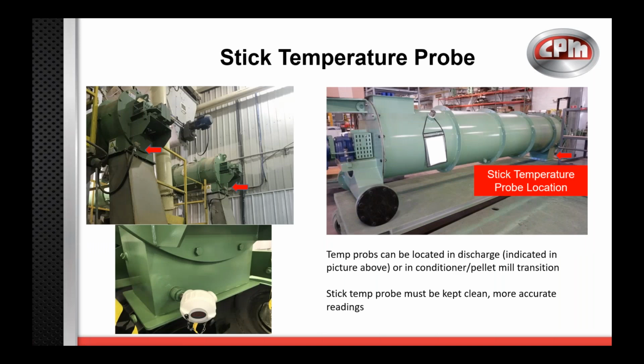The second temperature monitoring method is with the stick probe. We like to say that these are a good secondary confirmation temp reading, because they're located in the end of the conditioner or in the discharge, sometimes maybe even in the transition between the pellet mill and conditioner. They still work just fine, but they might not have as quick a response time as the flat temp probe, just because of the difference in location. The flat temp probe is located sooner, so it's going to have a quicker response time in seeing your temperature changes,